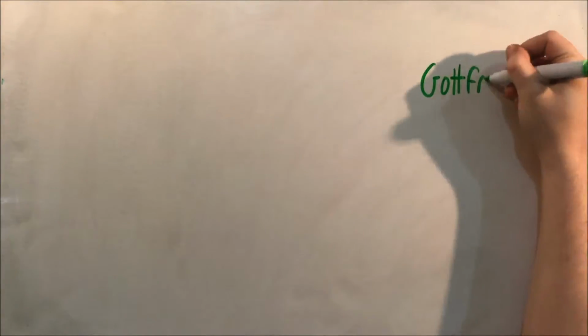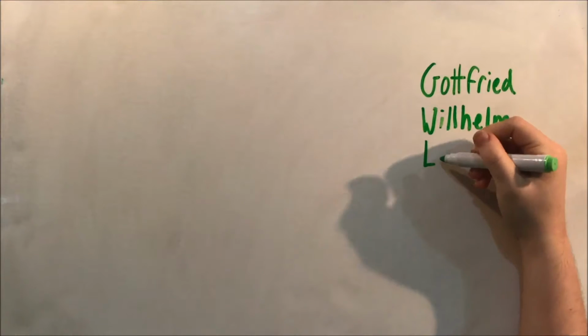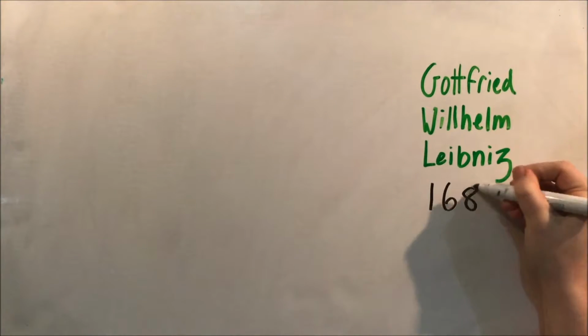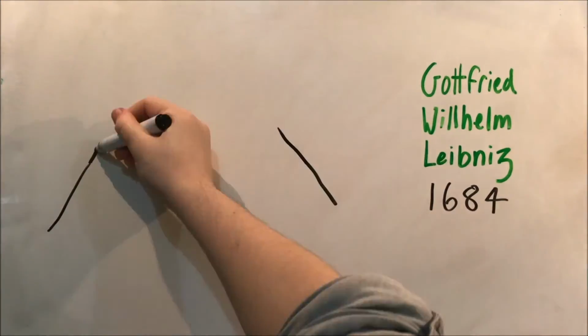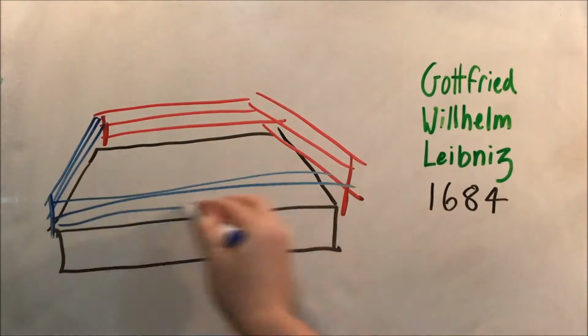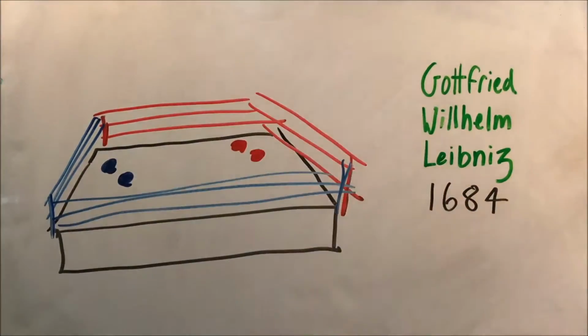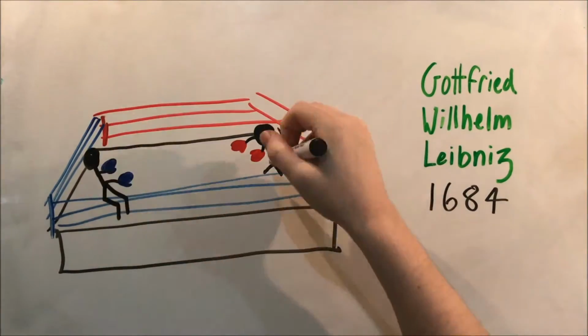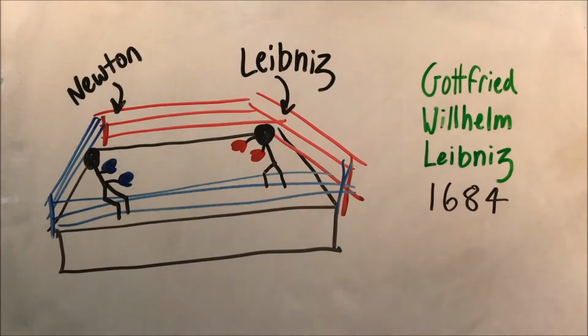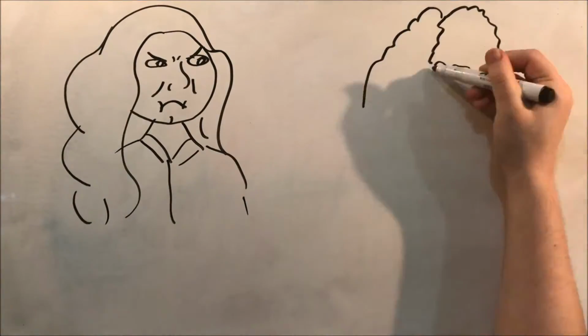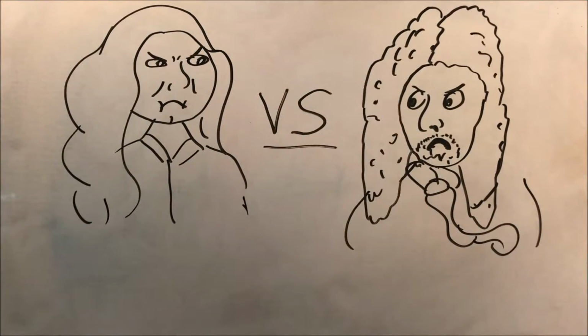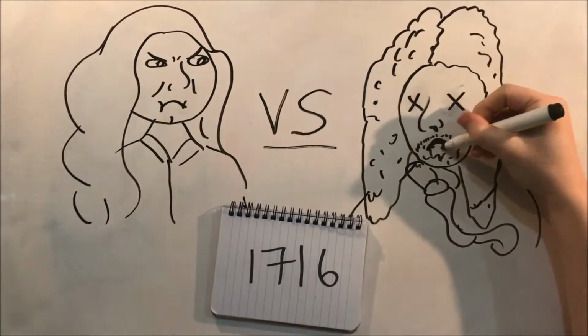Gottfried Wilhelm Leibniz, a German polymath, however, had published work describing calculus himself several years earlier in 1684. Thus, a debate between who should be credited for the discovery of calculus ensued, eventually resulting in Newton being credited with its discovery and Leibniz with its first publication. However, debate and controversy still remained between the two mathematicians until Leibniz's death in 1716.